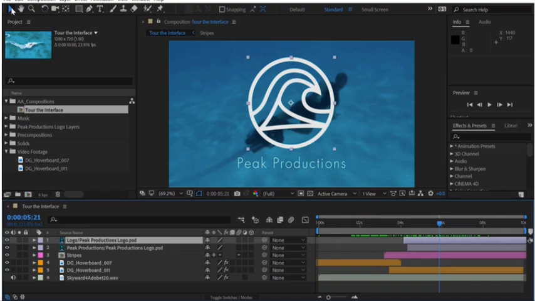Now you may have noticed, whenever you click on an object, you've made it selected. So layer 1 is selected when I double clicked on the composition. That is selected when I clicked in the timeline. That panel is active. So when you're working in After Effects, it's very important that you pay close attention to where you're clicking and what is selected, because there will be different menu options made available depending on which panel